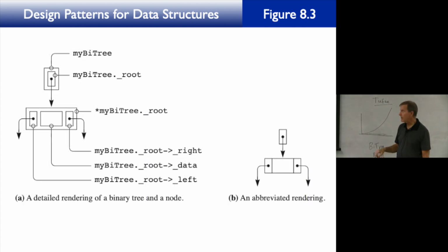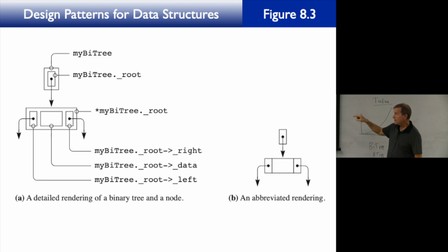And now in figure 8.3 is a picture of the structure of a tree and a structure of a node in more detail. So you see, if that top box on the left in part A of figure 8.3 is my bi-tree, my binary tree, then the underscore root is my bi-tree dot underscore root. And that underscore root is a what? Pointer to a node. So star my bi-tree dot underscore root is the thing to which my bi-tree dot underscore root points. Are you with me? And then dot, and then that dot